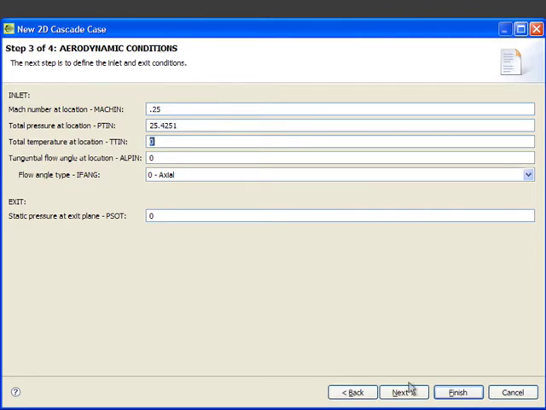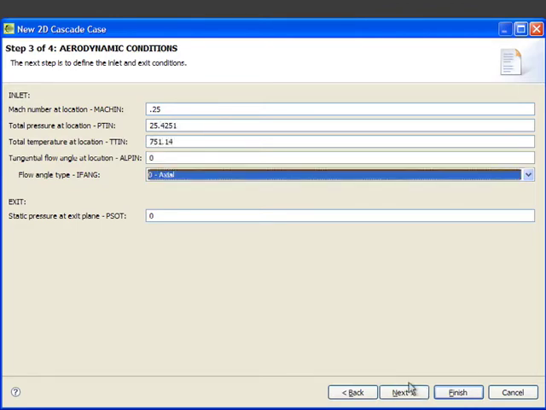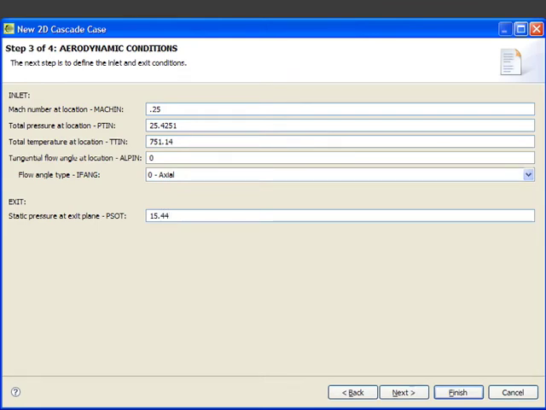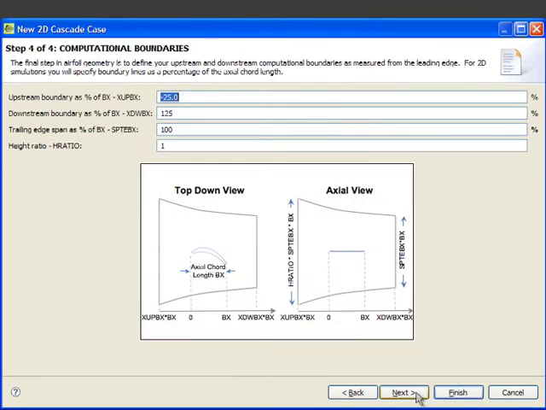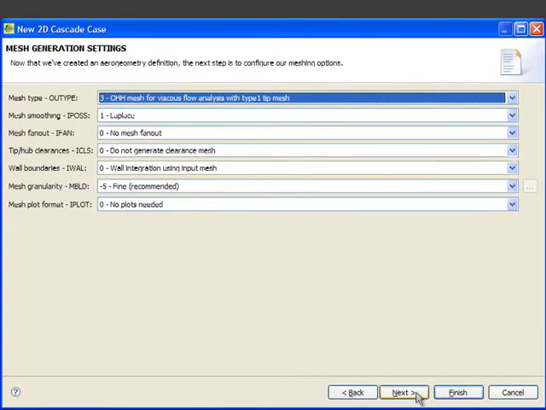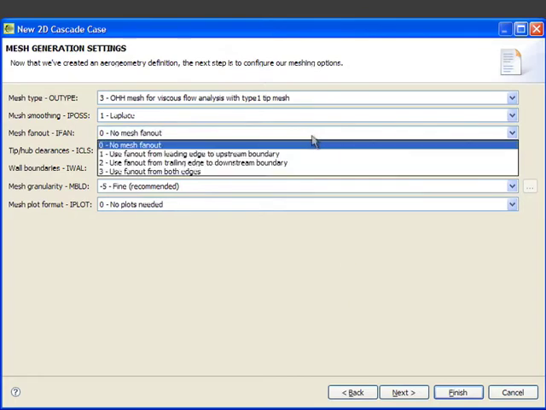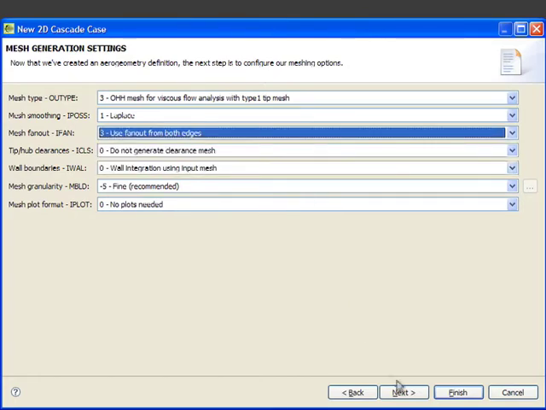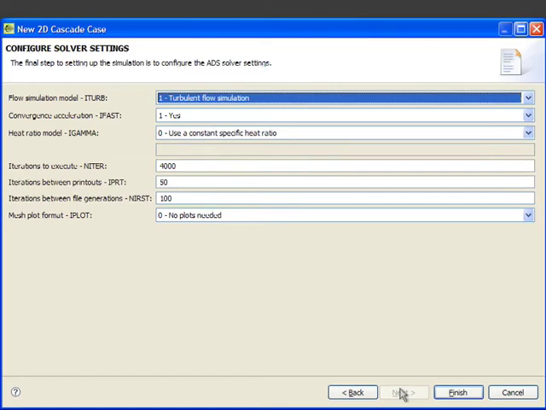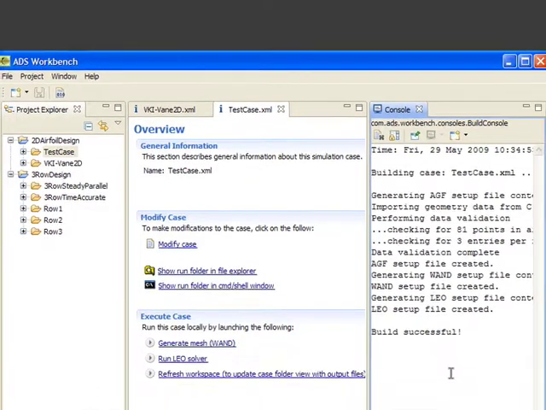Anyway, as you go through the process of using the wizards, you're only presented with the information that is relevant for that type of simulation, and the system is performing validation at every step of the way to make sure that the answers you're providing are in fact legitimate or coming from a restricted set of choices that are available. Okay, so when you're finished, you'll click on Finish, and what will happen now is the Workbench will begin to